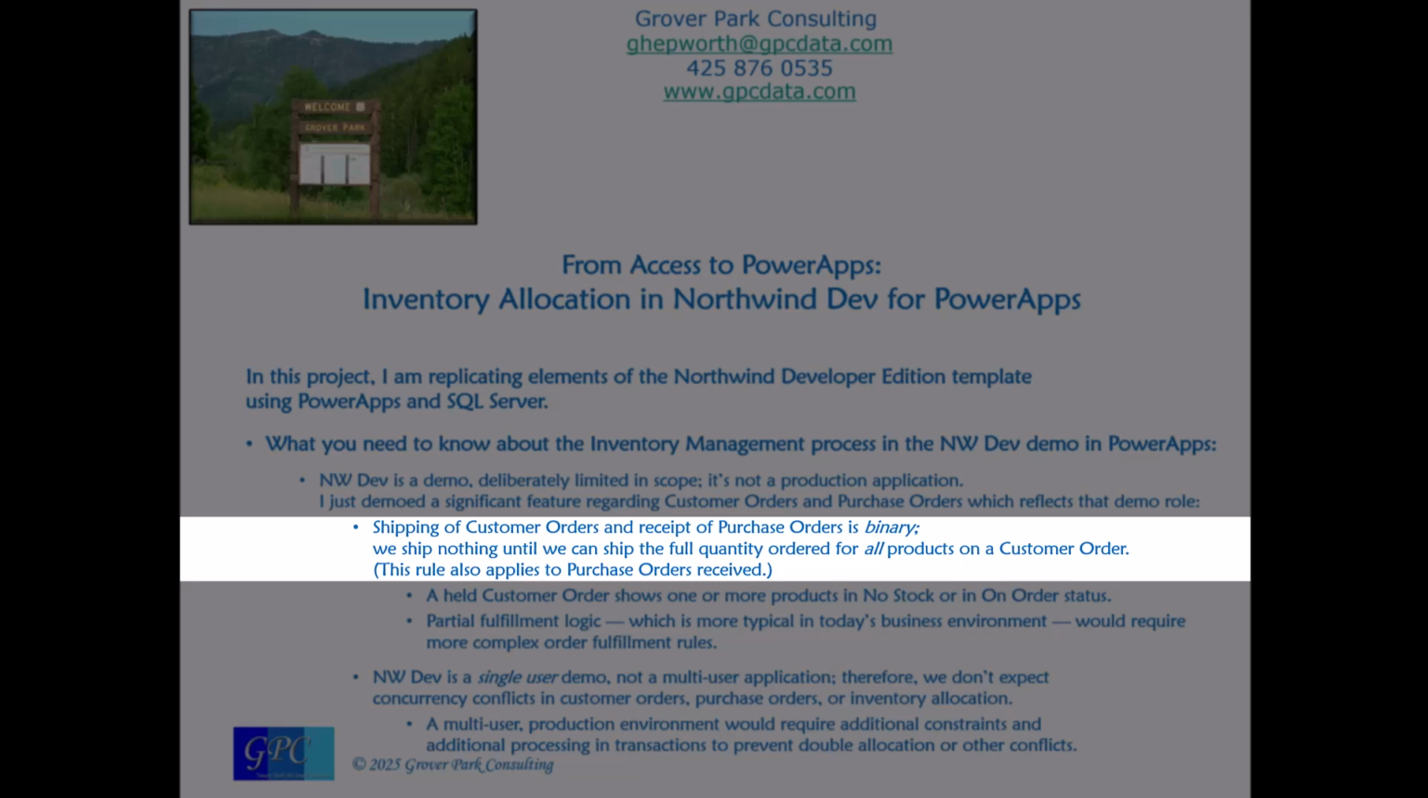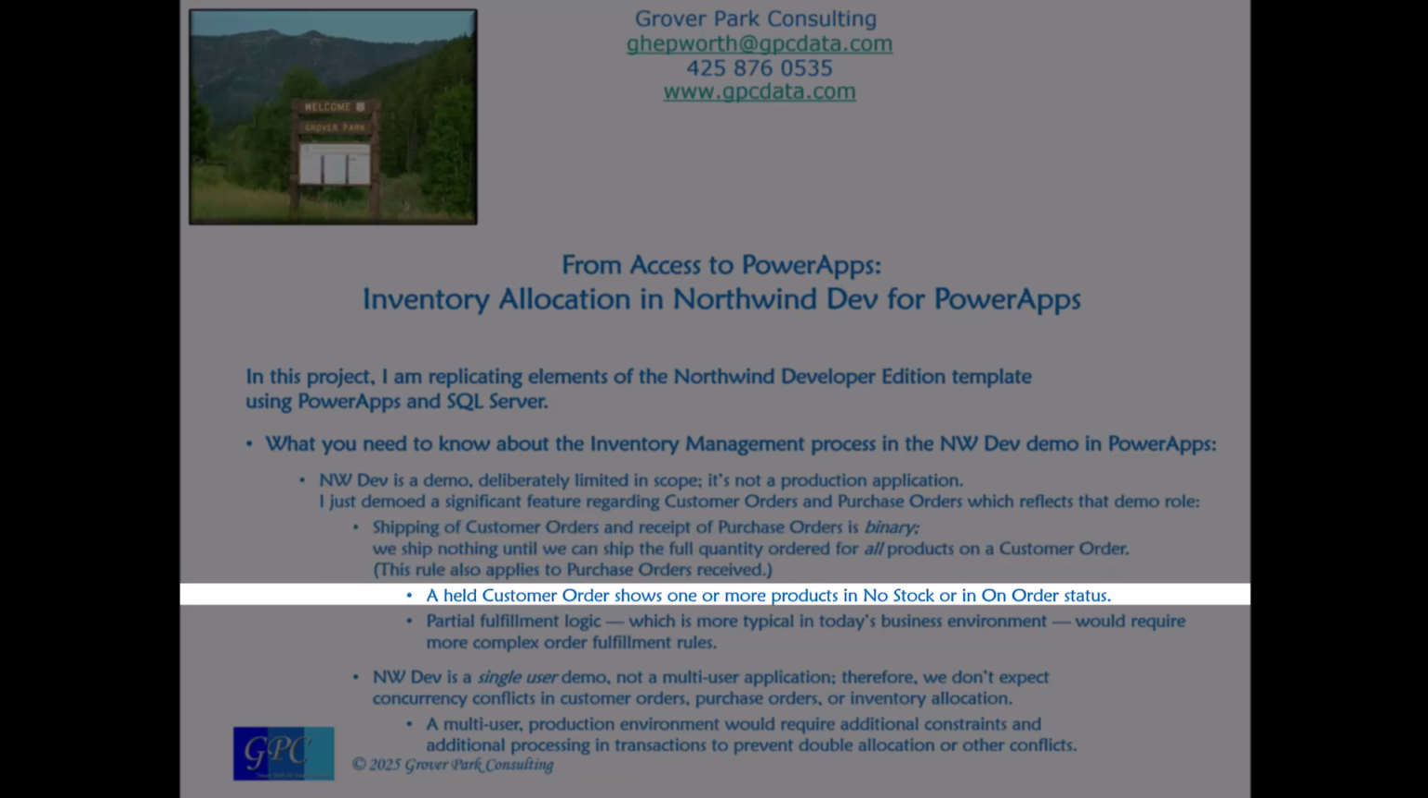In Northwind, shipping of customer orders and receipt of purchase orders is binary. We ship nothing until we can ship the full quantity ordered for all products on a customer order. This rule also applies to purchase orders received, but I'm going to focus on customer orders primarily here. A held customer order shows one or more products in no stock or on order status, and I demoed